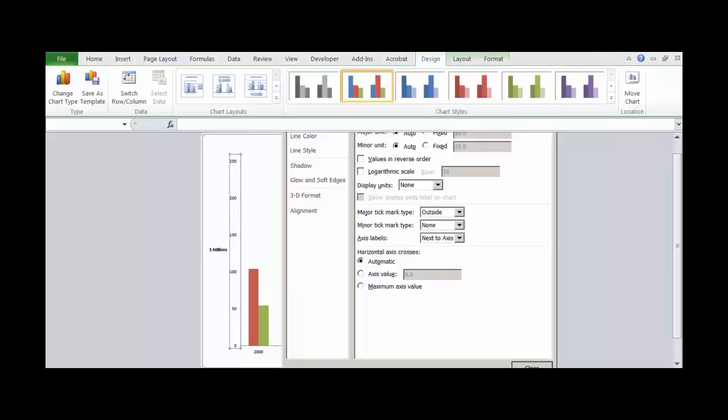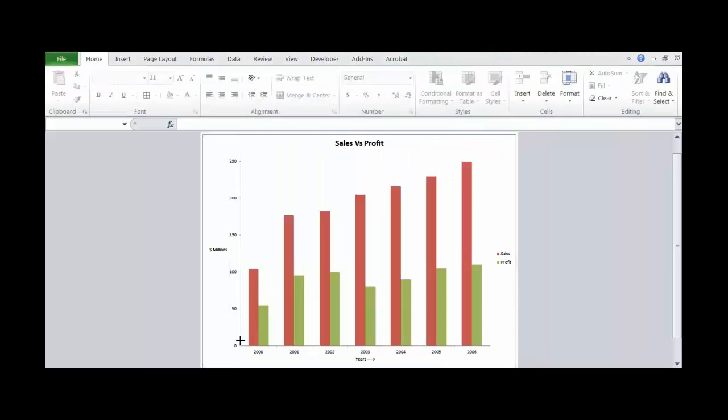Okay, close. What you see is that the graphs have become bigger, or they have grown in vertical height. Now this increase is clearly visible, and you can say that the sales growth has not been that fast. In the initial years the sales growth increased, but after that it is not growing that much. So that can give you some perspective of the chart. The senior management who are seeing your chart may get a very good idea from this.